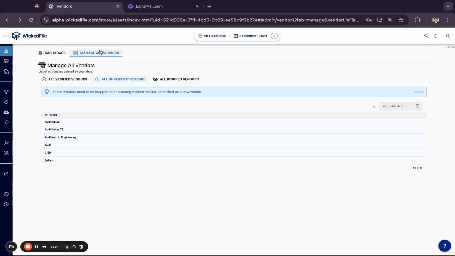So again, I'm under manage all vendors. You can see all your unverified vendors, and we can start the process of verifying these. I just threw these in a test account, but you'll notice Audi Dallas is showing up a few times,